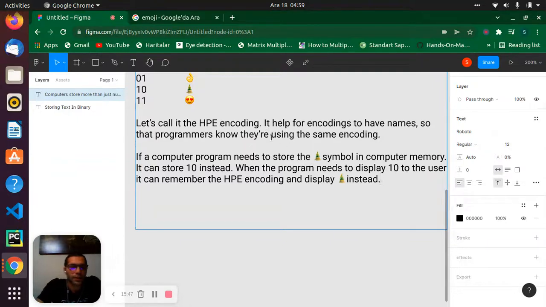Okay, so just think, when you created one package, and when you put there some bits, and when you represent with these emojis, then if other programs open your package, or if they write you the 10 or the 01, I mean 10 and 11, then when they write 11, you will see this emoji there.